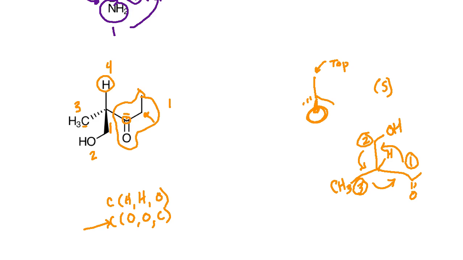So what if I didn't do that, right? What if I just said, okay, based on what I have here, this is group 1, and then I go to group 2, and then group 3, and then I come around to group 1 again. That would look as though it was R. So what you can do is switch these, and say, I'm going to put 3 in place of 4, right? You have to, when you do that,